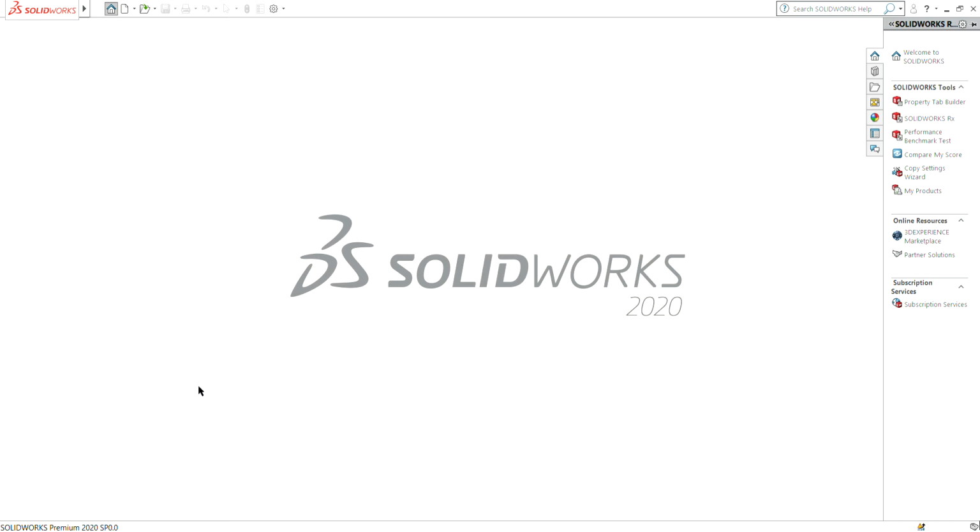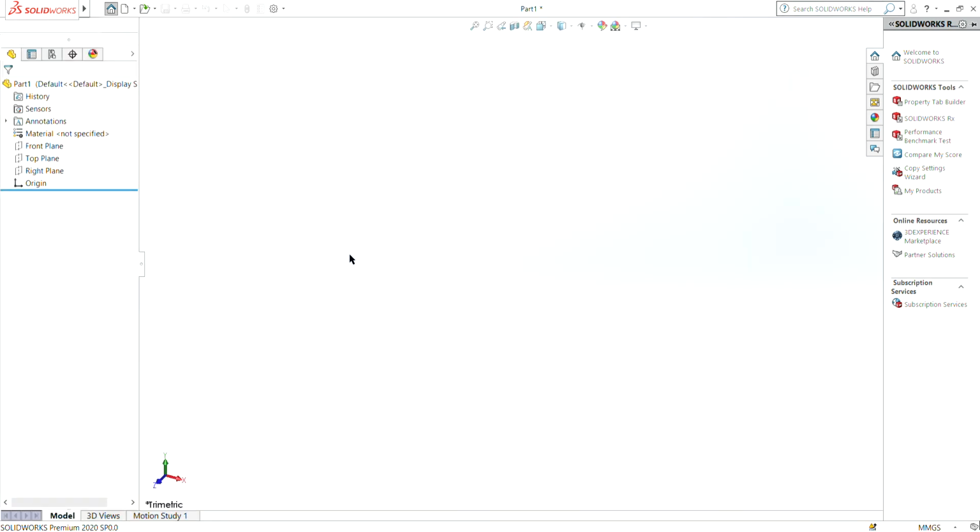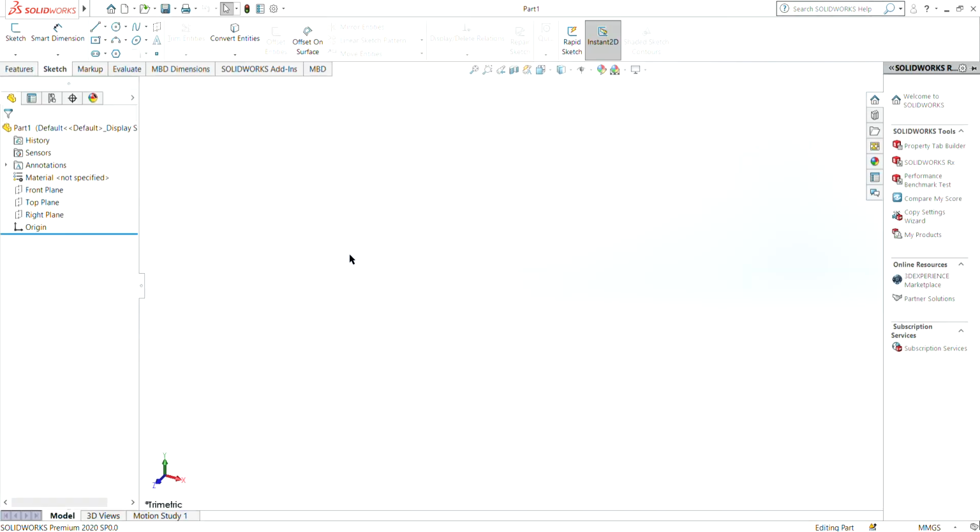So, today we will learn about the basics of SolidWorks, in which I will tell you about the tools which are used in SolidWorks and its applications. To start SolidWorks, you first have to click on the part program, which is compulsory. This will take some time to open because SolidWorks is heavy software.